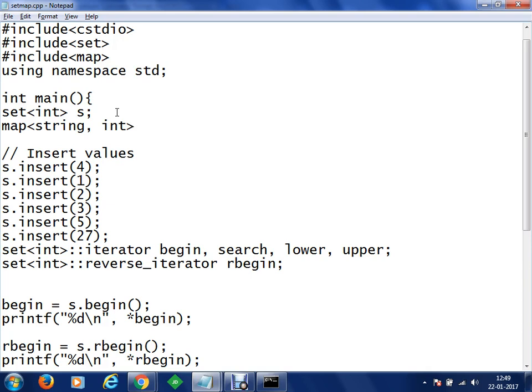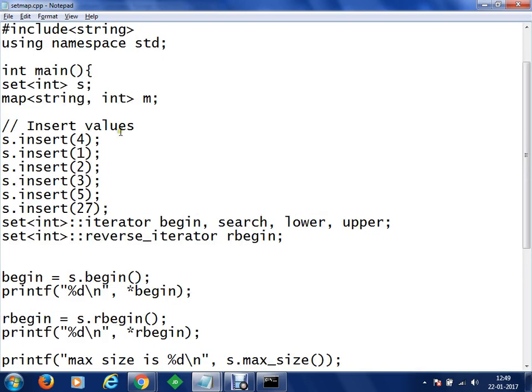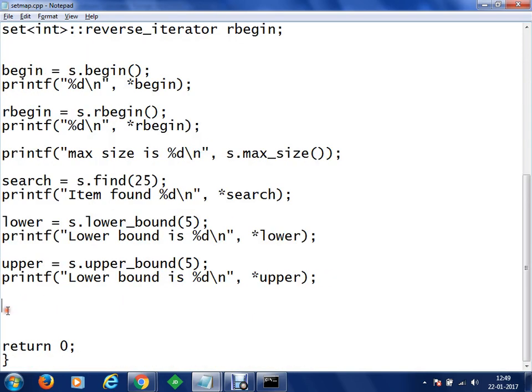Let's say you're making a scorecard or something. So team 1 is this value, team 2 is this value, team 3 is this value, and then you have to perform some computations on it. So you can do that. Let's say we have created a map, and here M will represent the map. To use the string, we need to use one library, that is include string. Once we have included that, let's perform some operations here.